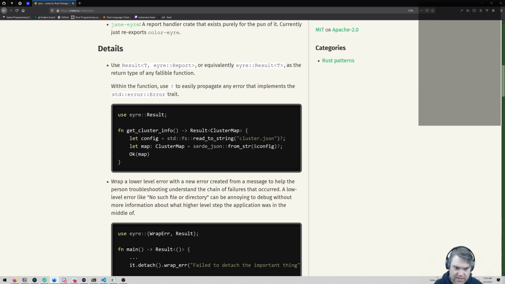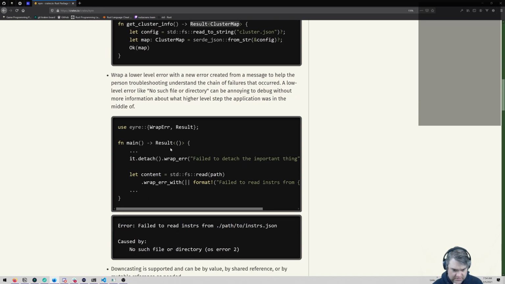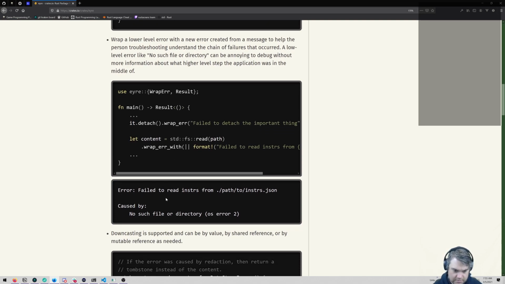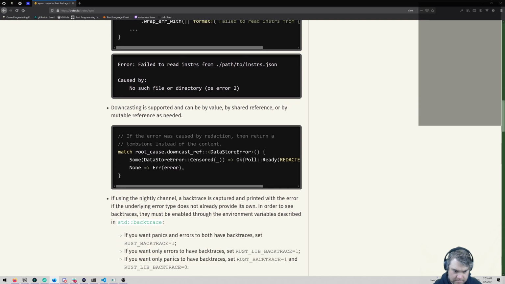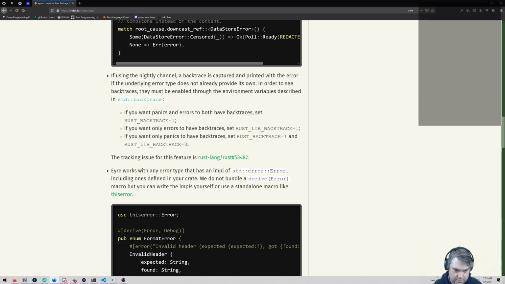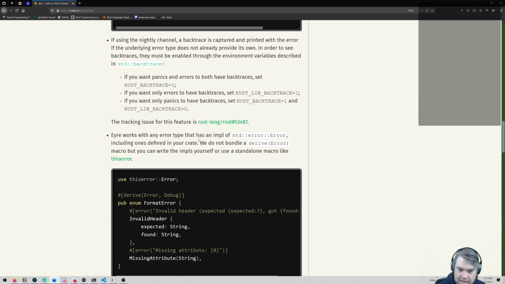Okay, so this is going to be Results of what it is. But if I need to create a custom error, anyhow works with any error type that has an impl of std Error, including ones defined in your crate.